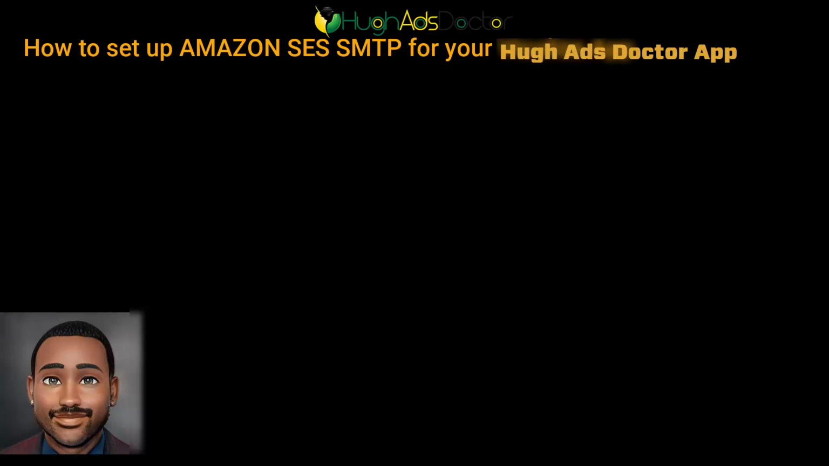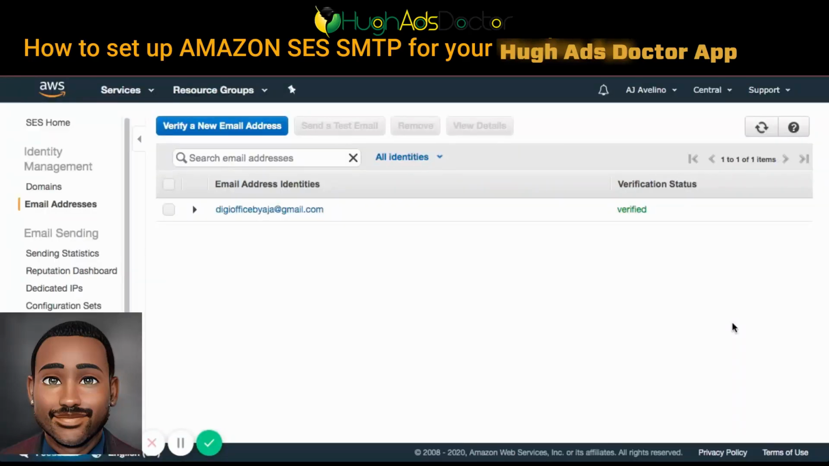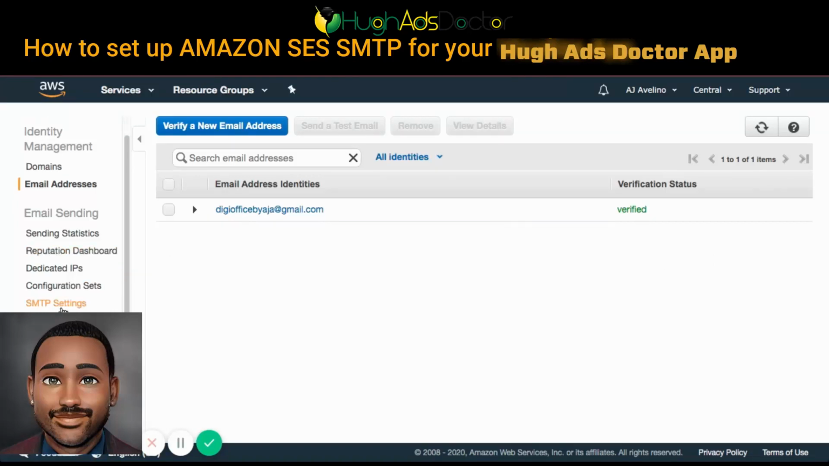After a few minutes, it takes a few minutes to verify. So after it's verified for the email, I got my host domain and my email address verified. Let's go to SMTP settings, create my SMTP credentials,